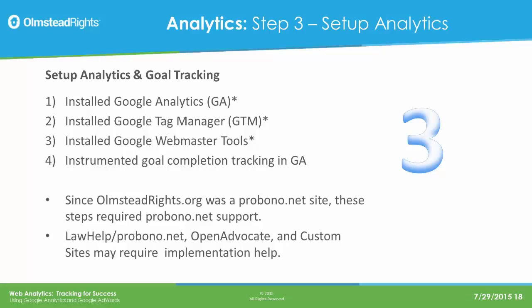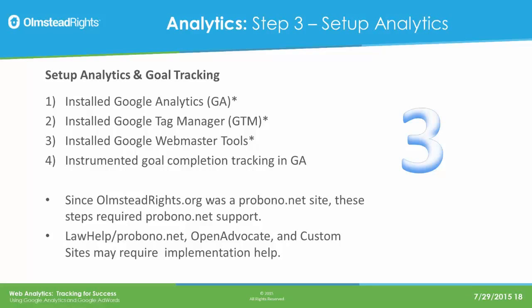Once you have analytics and you install the Google Webmaster Tools and associate those two onto Google Analytics, you can actually see what keywords you're showing up for on Google organic searches, what devices you show up for, how many pages you have indexed on a site. It has a whole host of information that's very informative to see how well your site is being found naturally through the normal Google algorithms. And then obviously instrumenting the goal completion and tracking within Google Analytics is the other part of that.